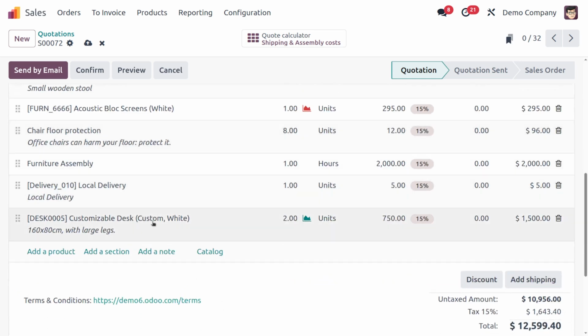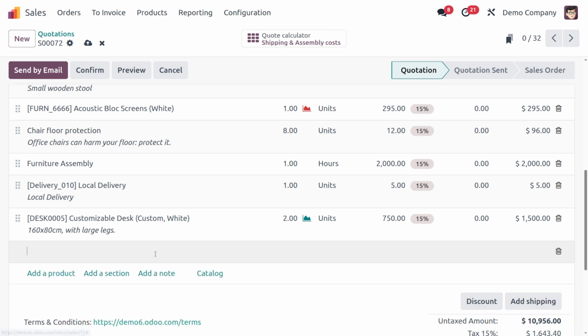And next one is add a note. Okay. So while you're clicking into add a note, you can add it beneath a certain product line to add a custom note about the specific product. And these notes appear in italic view, like you can see here. If I'm going to add any particular note under any product, I just need to enter that. So I'm going to enter like